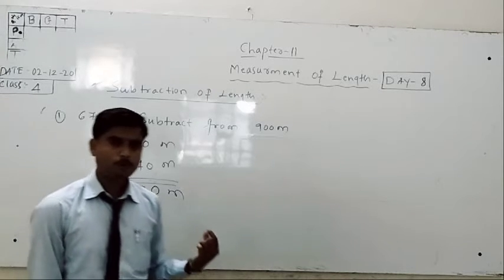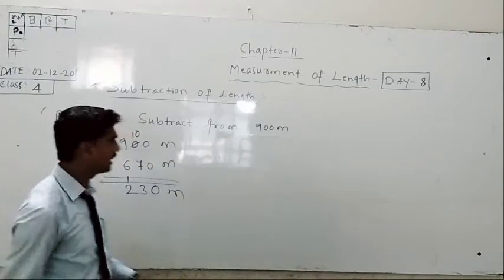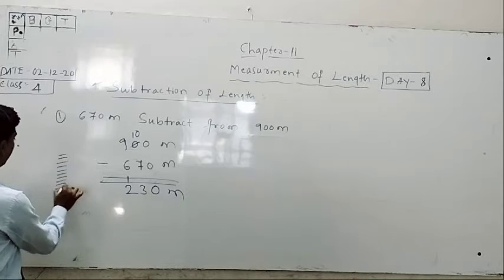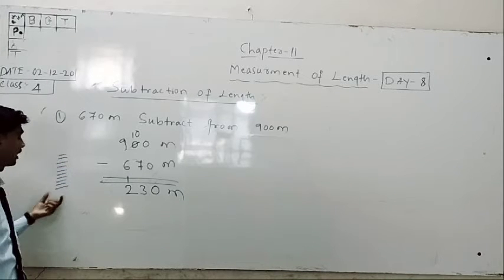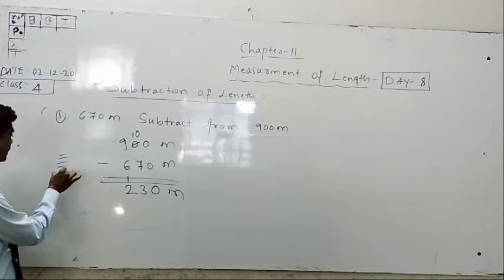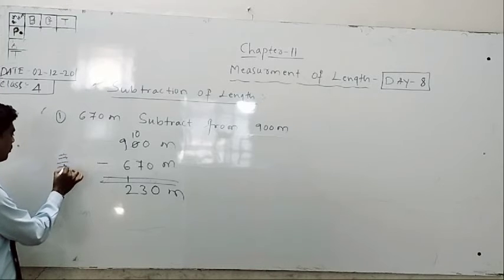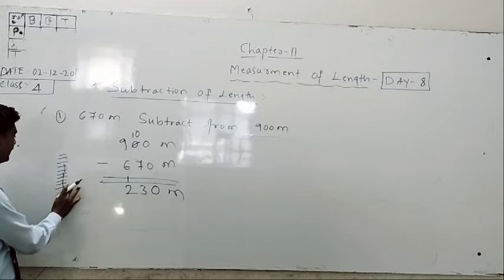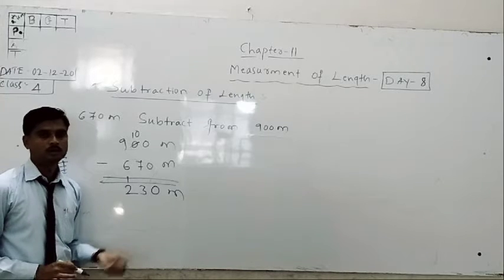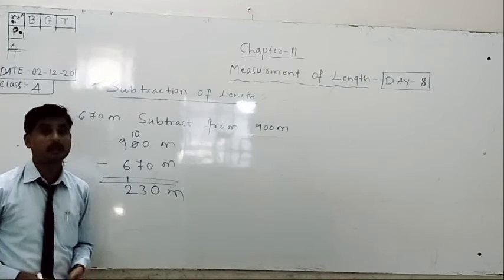Compulsory, these simple problems you have to do mentally. Otherwise you would write 1 2 3 4 5 6 7 8 9, so you should write 9 lines, then cancel 7 lines, and 2 is remaining. This takes very long time. It is a simple problem, so you should do it mentally.